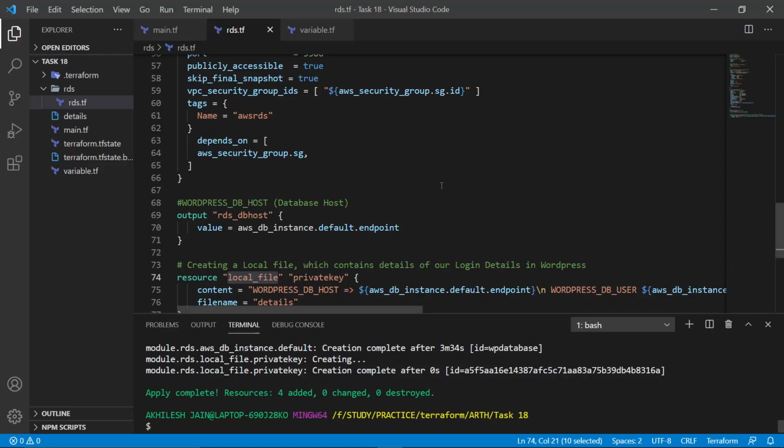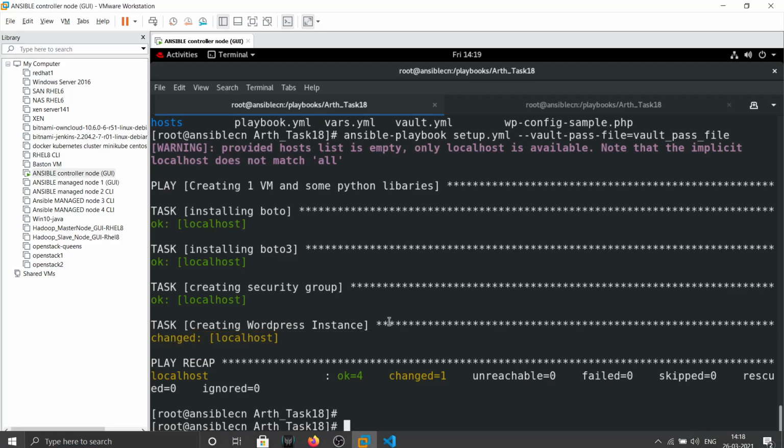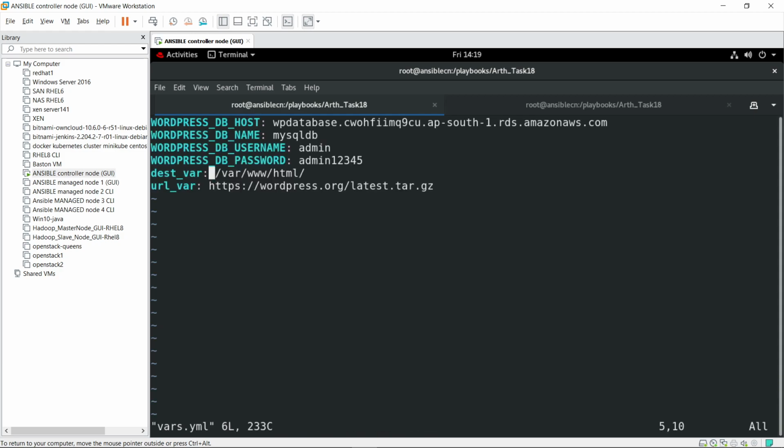So now our infrastructure has been created, and a details file has been created. This is the endpoint of my database, and I just have to give this string, which is used to connect to my VM, in the vars file, as this contains my credentials.